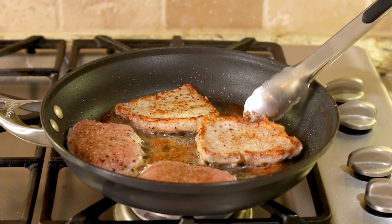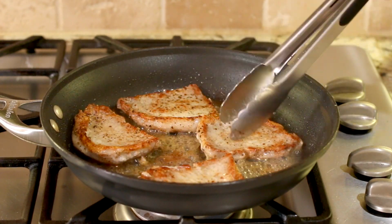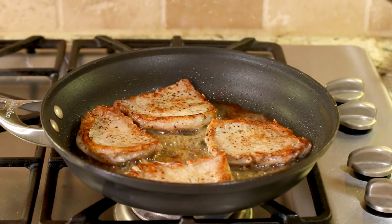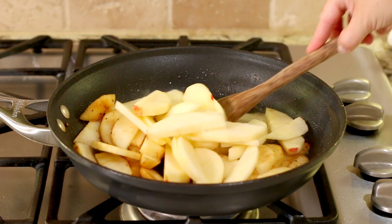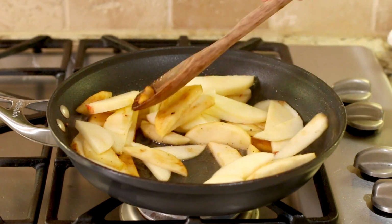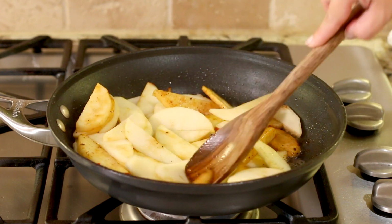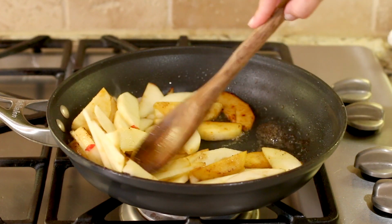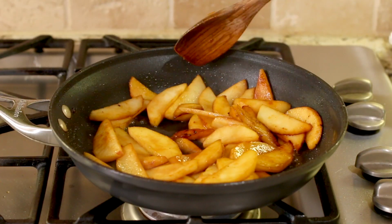We're gonna cook the chops for just a couple minutes on each side. Your cook time will depend on how thick your pork chops are. On average, we're talking 2 to 3 minutes on each side. Now the pork chops are gonna go out and the apples are gonna go in. And now the apples are gonna start taking up all that delicious flavor left behind from both the bacon and the pork chops. So we're gonna cook these apples until they're softened, anywhere from 3 to 5 minutes,